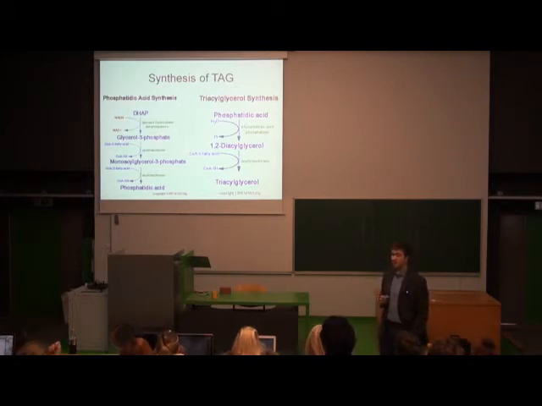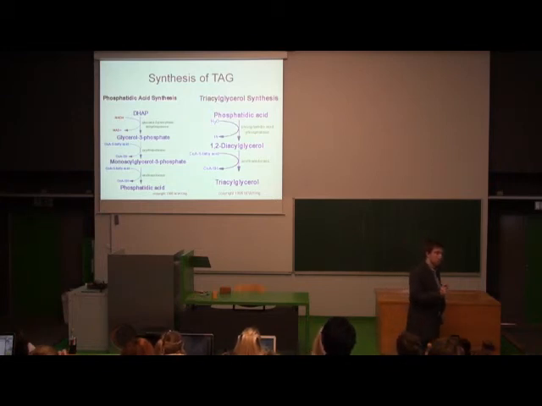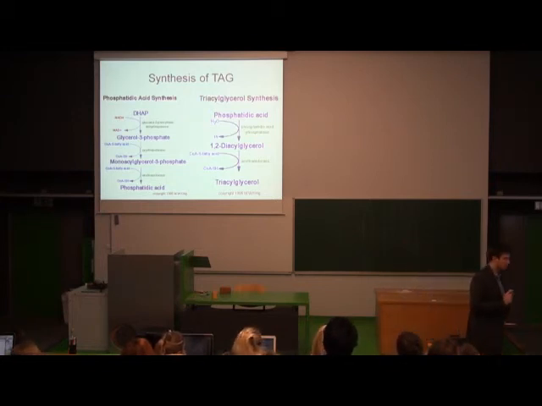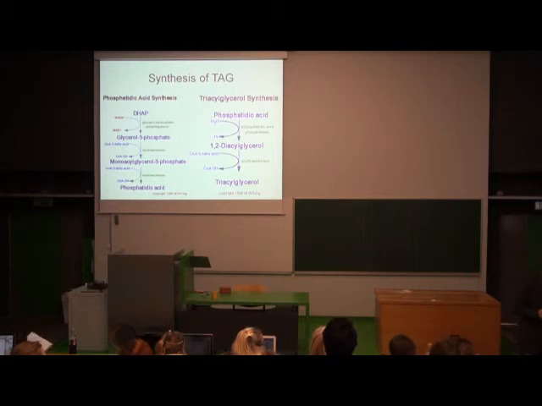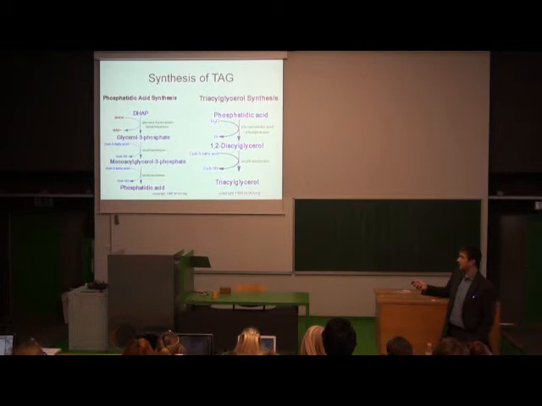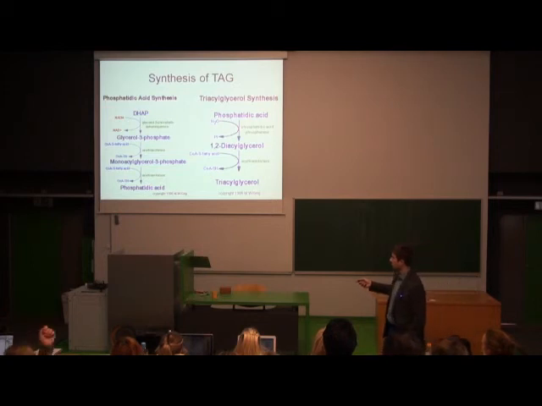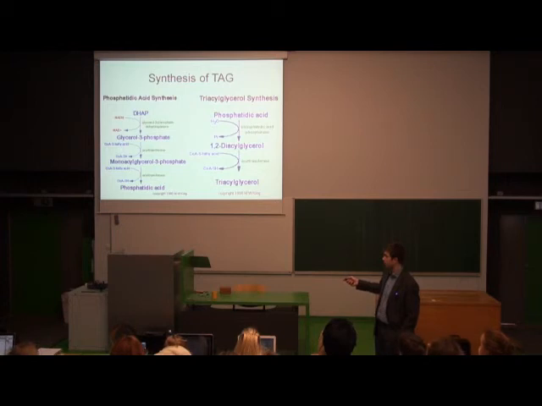The first problem is that you do not use pure glycerol, but you use glycerol 3-phosphate. You gain the glycerol 3-phosphate from dihydroxyacetone phosphate, and dihydroxyacetone phosphate is an intermediate of glycolysis. So the glycerol you gain from sugars, from glucose. When you have glycerol 3-phosphate, you let it condense with 2 fatty acids.